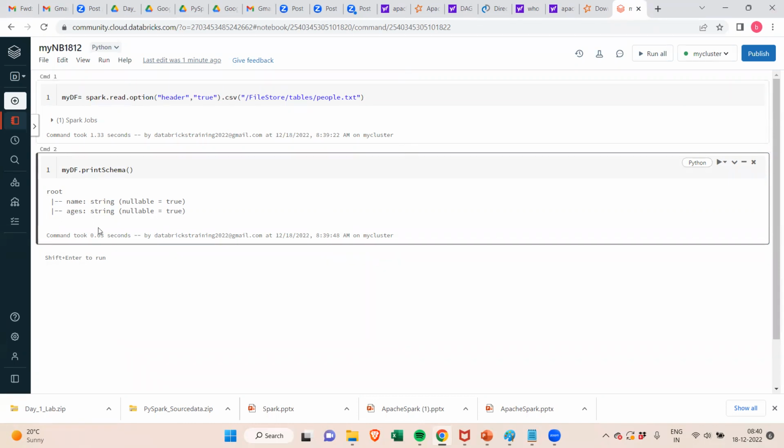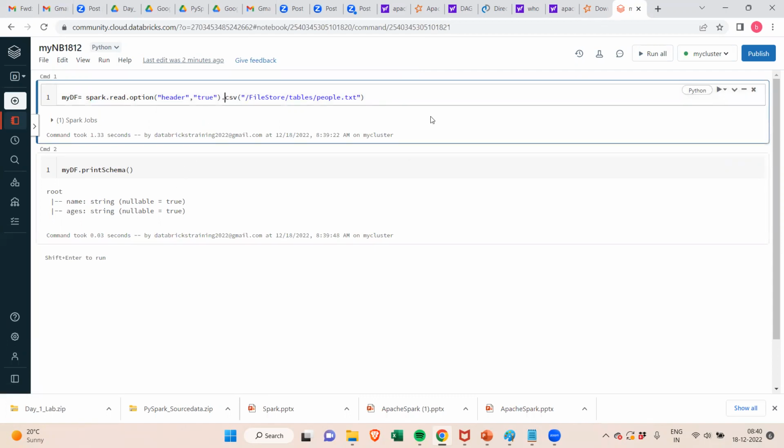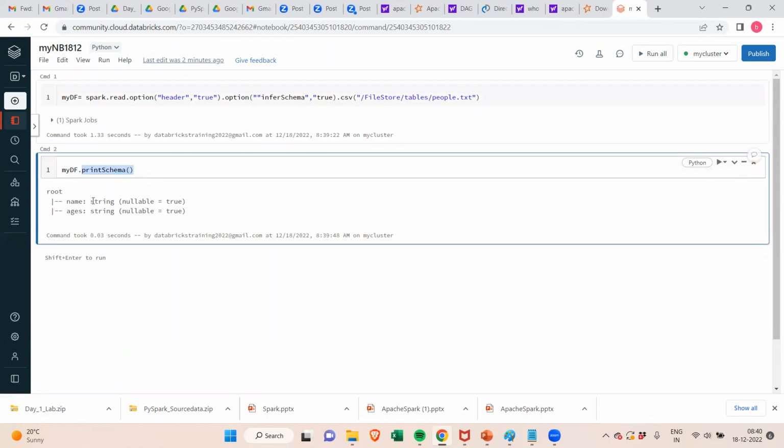Now you know that the data is not actually different. The data has ages, and ages are all integers. In that case you have to use one more option, dot option, to infer the schema. So infer schema, comma, true. It means that since by default it returns the default schema type,